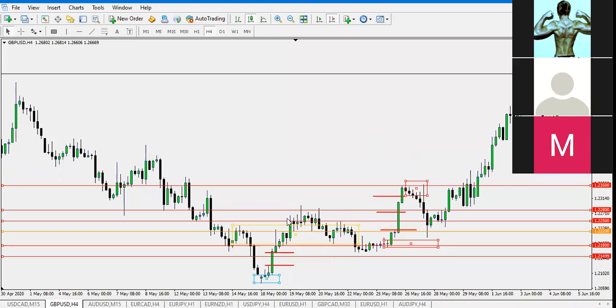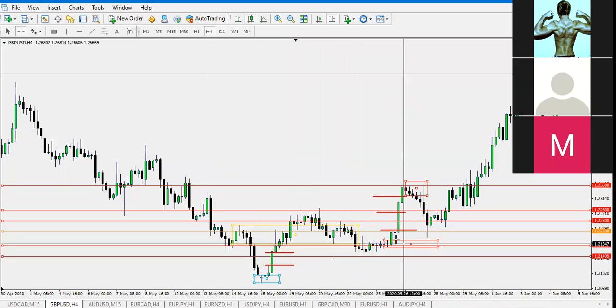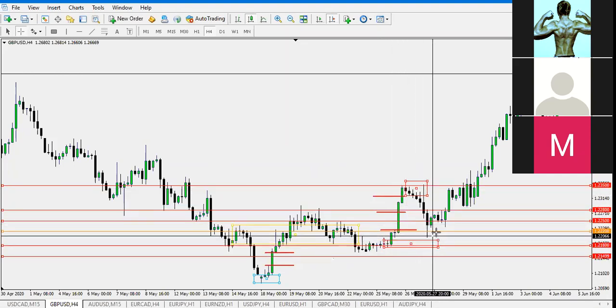So we don't just buy now because we've created a breaker. We wait for price to come in. Potentially you could have waited for this value gap to be closed, but when you see price action happening and no gap to the downside being closed, an order block being created,